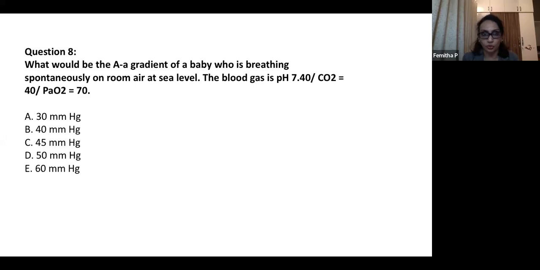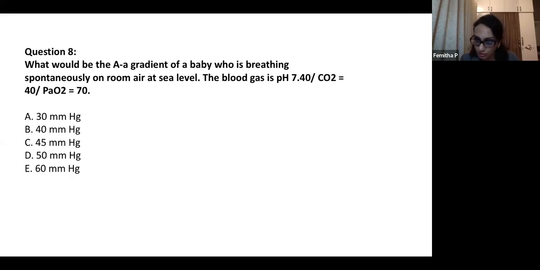The partial pressure of the entire surrounding ambient air at sea level is 760. Pressure exerted by atmospheric air is 760. If you take that we are very humid at sea level, the water vapor pressure exerted is 44 or 47. So 760 minus 47, whole bracket into FiO2. In this case, it's room air, so it will be 0.21. That will give you